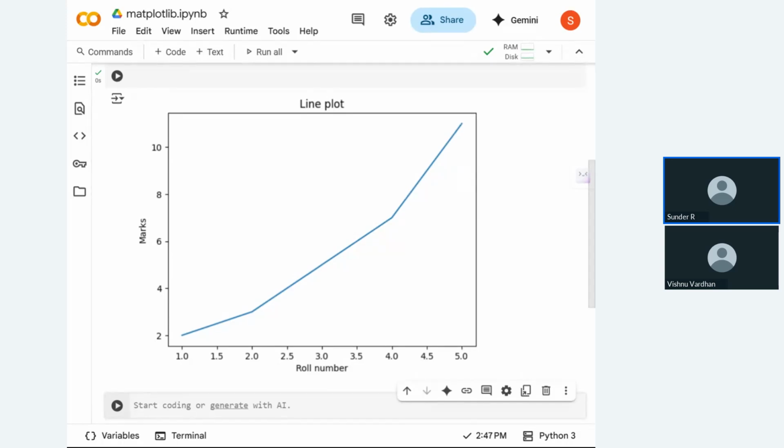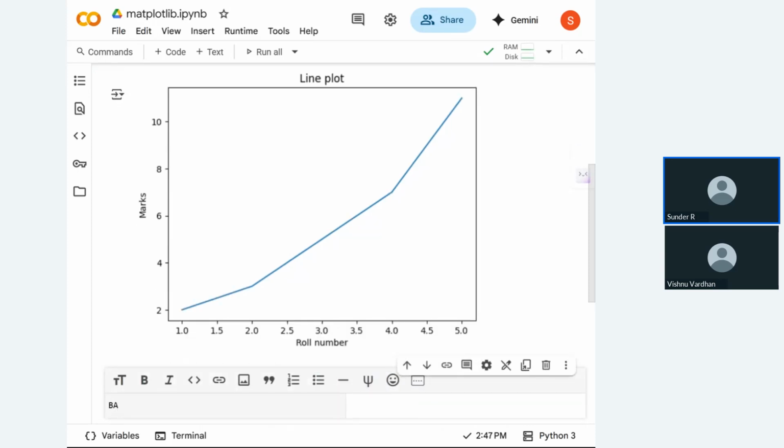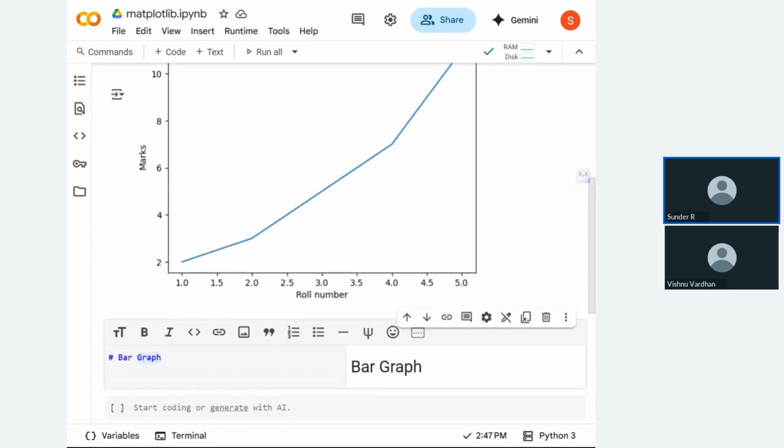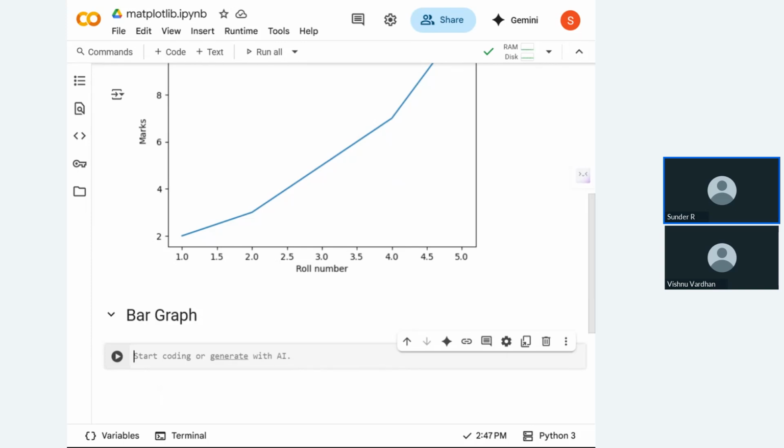Now let's learn about the bar graph. Don't worry, we're just letting ourselves know how to draw charts using coding. Okay, now this is done. I've named my plot. Let's draw. So let's find the